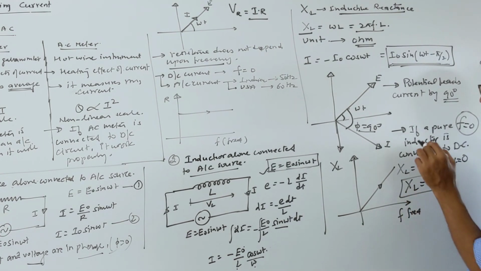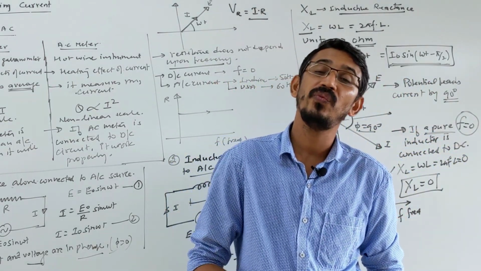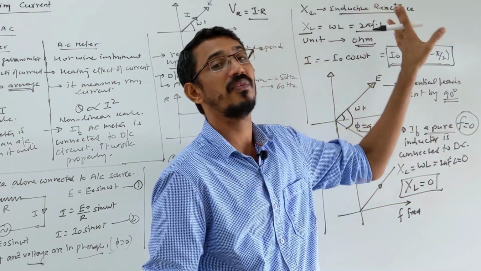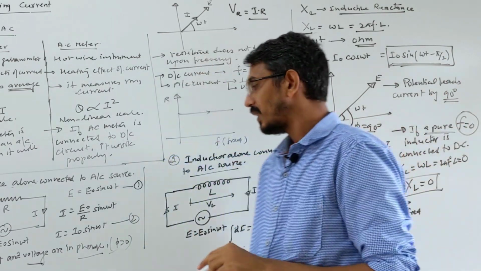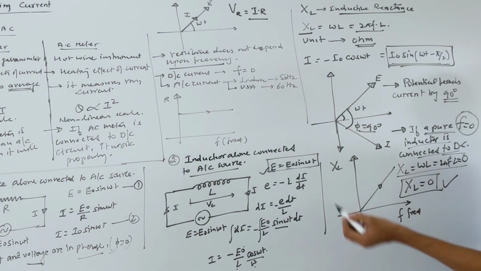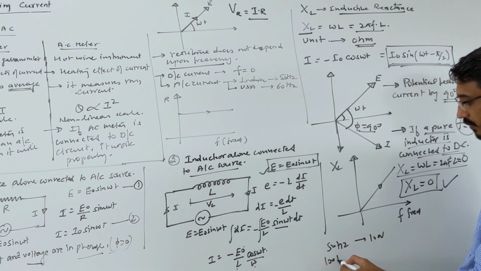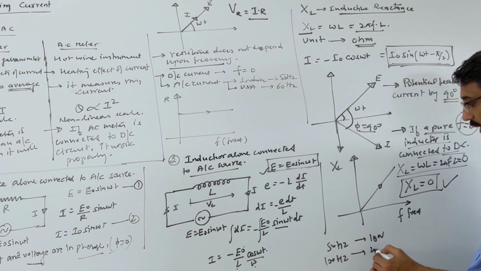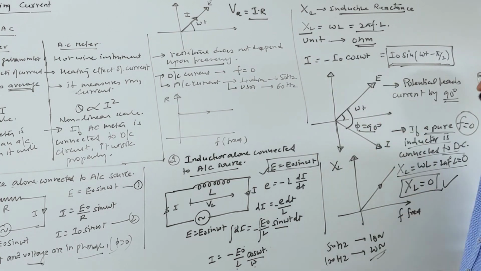It means that when a pure inductor is connected to a DC source, it will not offer any resistance, it will not offer any inductive reactance. It behaves like a wire of zero resistance. So it's very important. If a pure inductor is connected to DC, then it offers zero inductive reactance. For AC it is directly proportional. The more the frequency, suppose at 50 Hertz it offers 10 ohm, and your frequency doubles to 100 Hertz, then the resistance offered also becomes 20 ohm, double, correct? Directly proportional to frequency, or you can say angular frequency also.